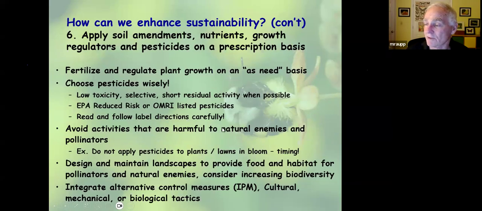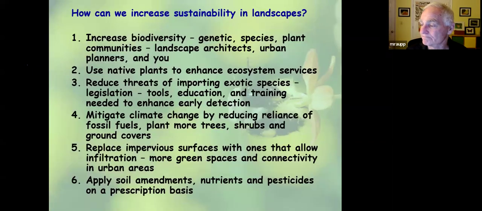Okay, I've already talked about the insecticides, and we always want to apply these on a prescription basis when we see the pest rather than a broadcast application. You know, we spray a landscape once a month in April, May, and June. That makes no sense. What makes sense is we see lace bugs on an azalea and we treat that plant. That makes sense. So again, follow those guidance.